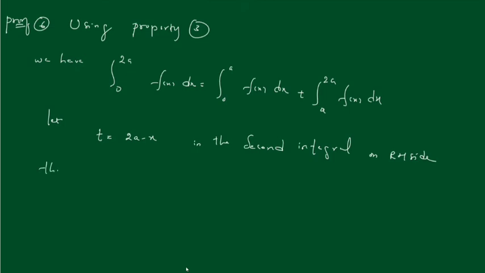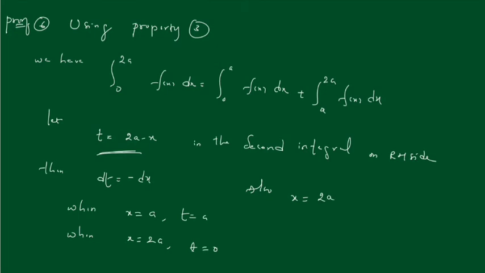Then dt equals minus dx. When x equals a, t equals a; just substitute in this equation. When x equals 2a, t equals 0. Also x equals 2a minus t with respect to this. So therefore the second integral becomes